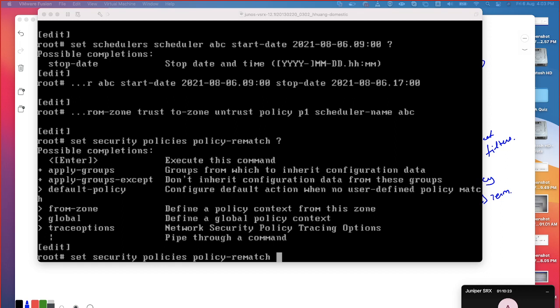If the rematch flag is enabled, then even the existing sessions are going to be dropped when you modify the action. But if you're modifying the address or application and the policy rematch is disabled, all your existing sessions will continue. If it is enabled, re-evaluation of the policy will happen. This is the most important keyword.